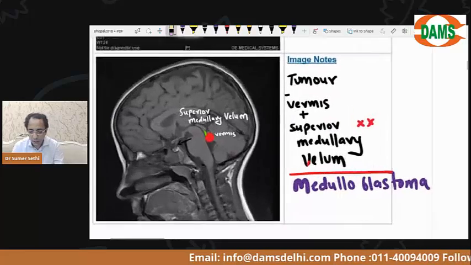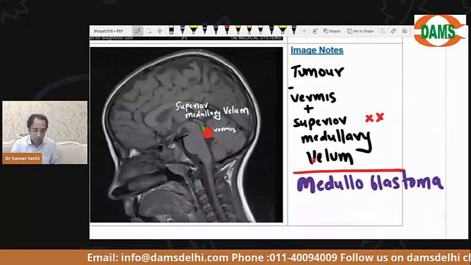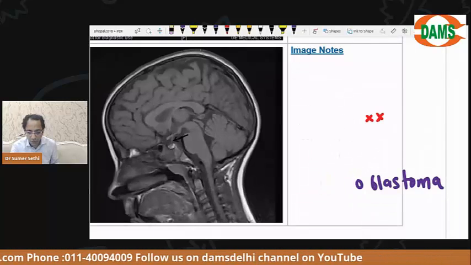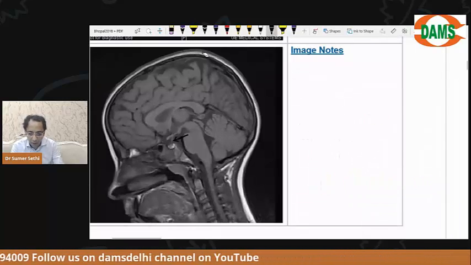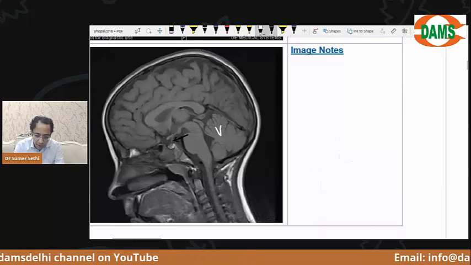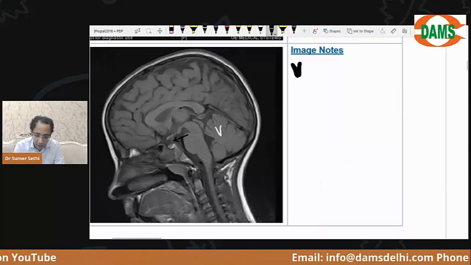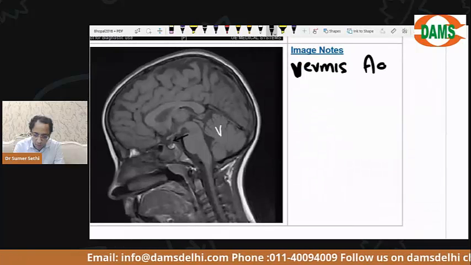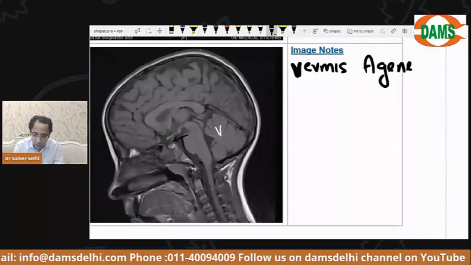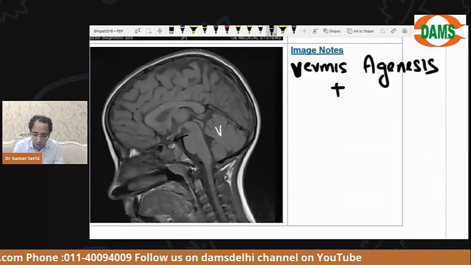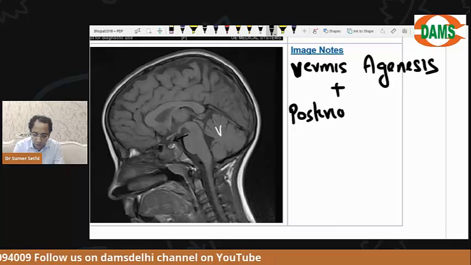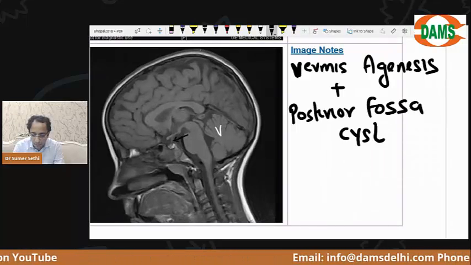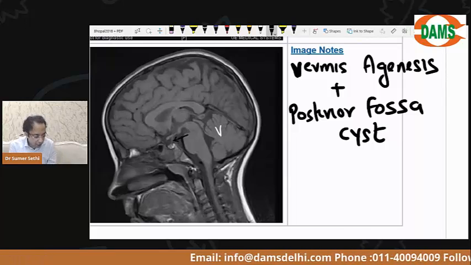Okay, everybody now clear? Okay, second question. Second question based on this anatomy that I've told you is, this area is your vermis. Name a congenital condition in which the vermis is not formed. Agenesis of vermis, and you have a posterior fossa cyst in this location. Okay, anybody can guess. Name a condition